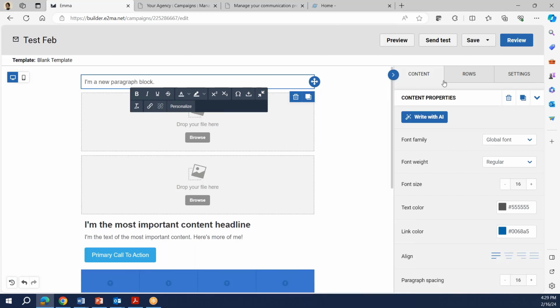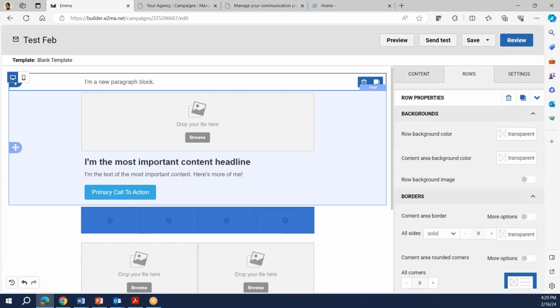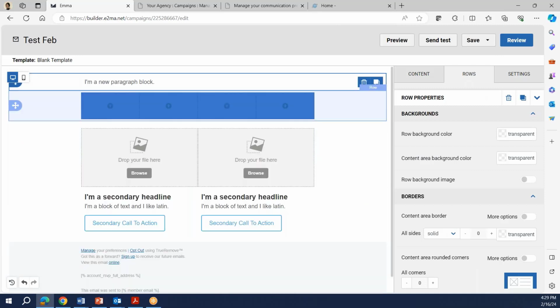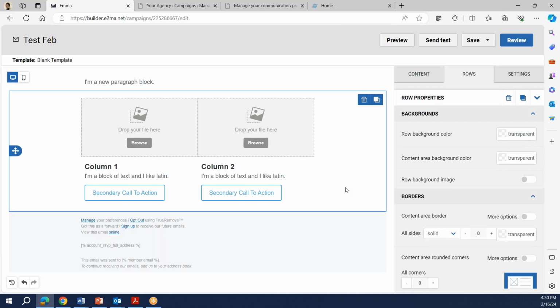I'm going to get rid of some of these rows so that our canvas isn't as busy. I'm just going to hover and click on this row here and delete. Don't need our fourth column, so I'm just going to get rid of that. I'm going to relabel these columns so you can clearly see that this is column 1 and this one is column 2. The reason why I did this is because I want to show you up at the top, we